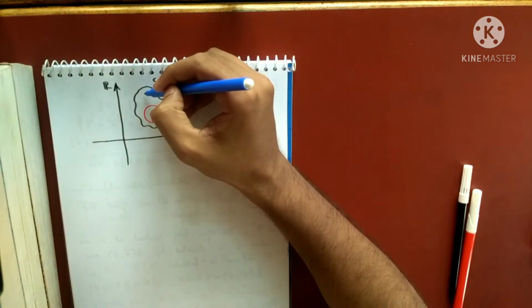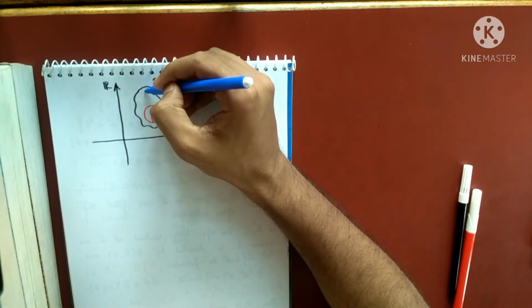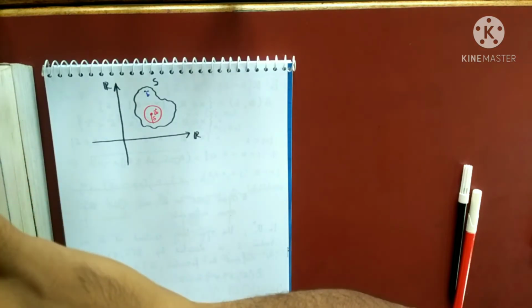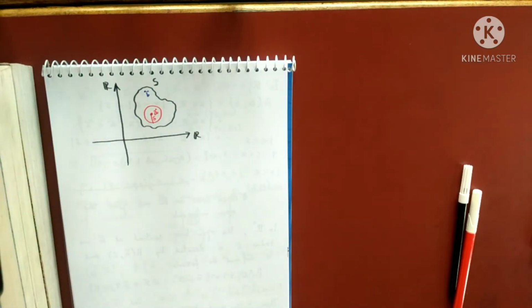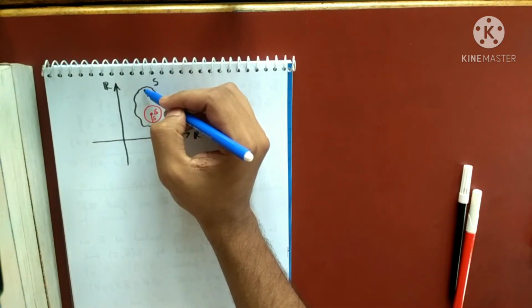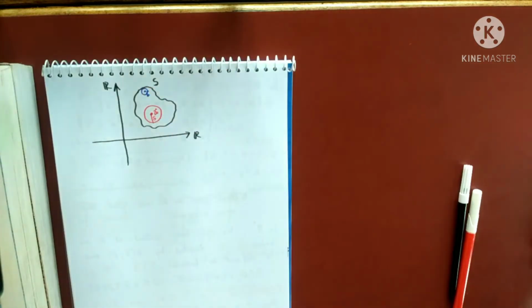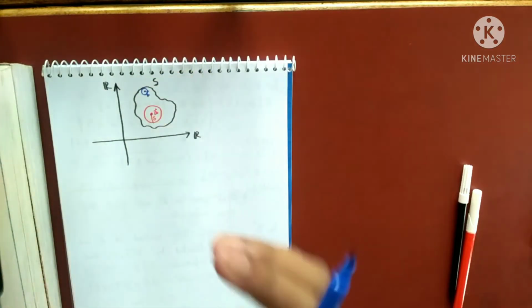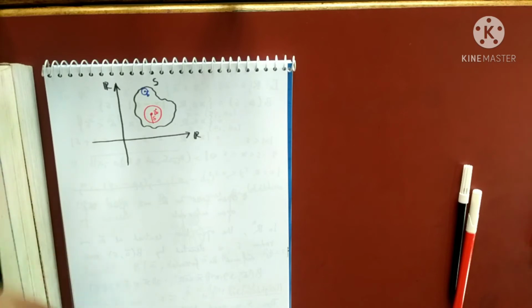Similarly, if I give you this point B, and I ask you, is S a neighborhood of B? I may zoom this out. You can just see here. So, is S a neighborhood of B? Yes. Again yes, because I may take a very small delta, I can fit a ball around this, and look, the definition gets satisfied. I'm taking a very small delta and that is inside S. You can take even smaller than this. Okay, very good. So S is a neighborhood of A, S is a neighborhood of B.